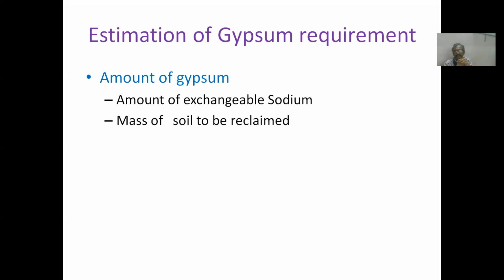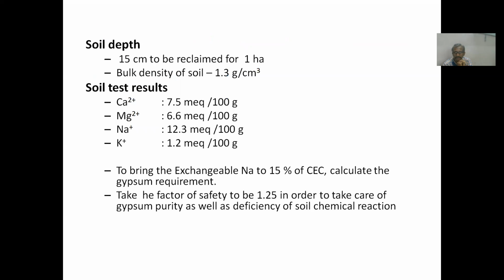Normally, the sodium is removed from the root zone alone, and depending on the availability of money, at least 15 centimeters of soil is treated. Now we will do a small problem to understand how to estimate the gypsum requirement. The data: 15 centimeters to be reclaimed for 1